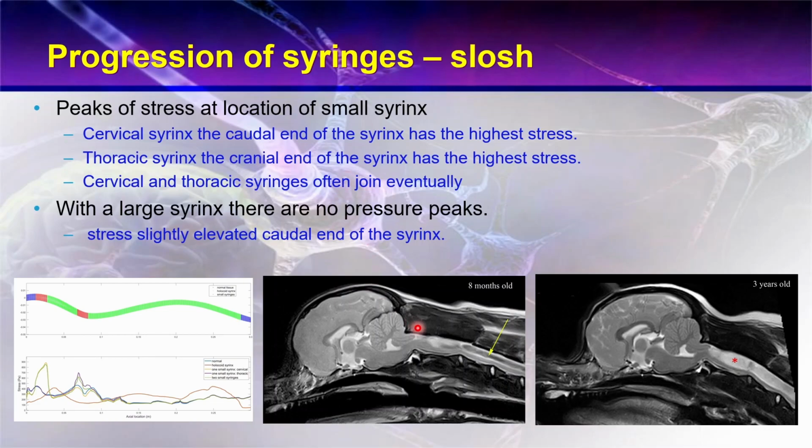Basically, what happens is that you have fluid surging within the syrinx. Now, in this MRI scan here, what we see is this black area or dark grey area in the syrinx. And what this actually is, is an artifact. This is fluid moving at high velocity. And the reason why it's dark is that the fluid has moved on by the time the MRI image was obtained. And so what we see here is this high, fast-moving fluid. And what that